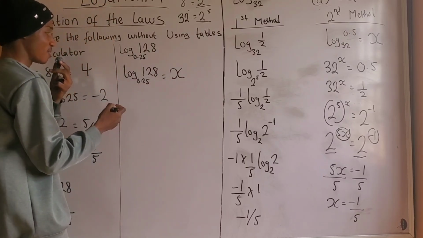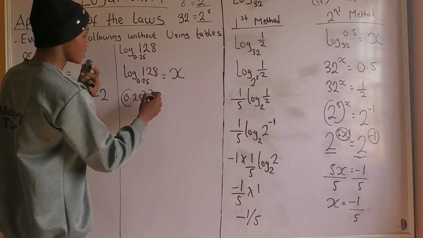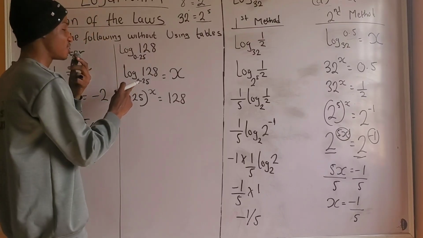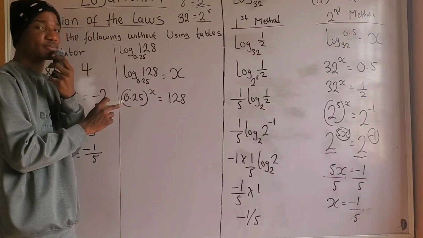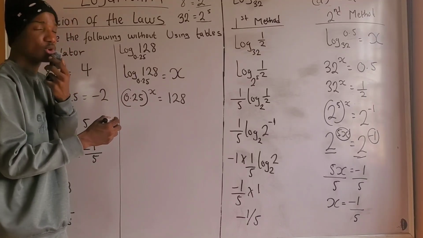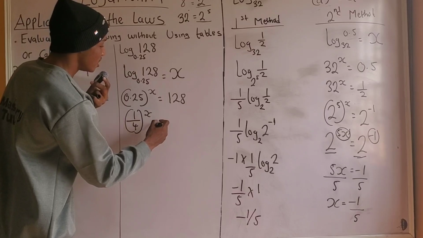So I'm going to have 0.25 raised to the power of x is equal to 128. All I did here was change this to index form, right? Now, 0.25 can be written as 1 over 4. Do you know? So I'm going to have 1 over 4 raised to the power of x is equal to,